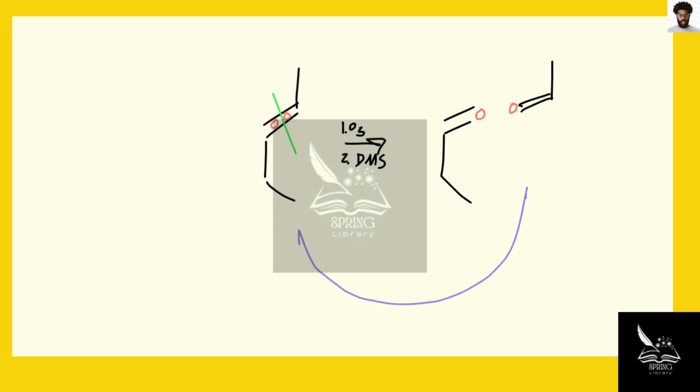They're saying we have two ketones or aldehydes or carbonyls. Can you glue them together and figure out what they would have looked like before they were split in half by ozonolysis? And so the way you do that is say, okay, we'll get rid of these oxygens and then glue the two halves together so that we get something that looks like